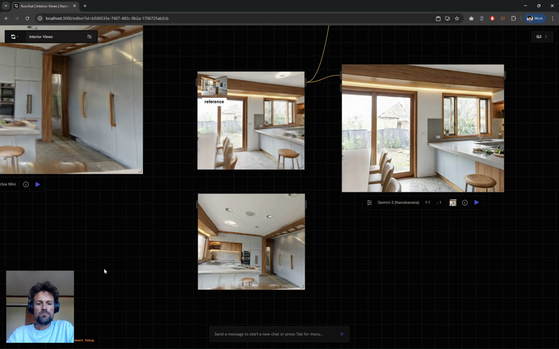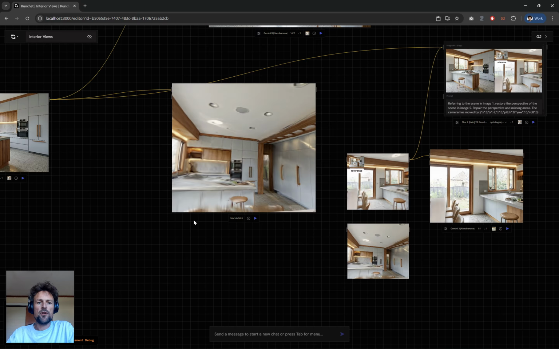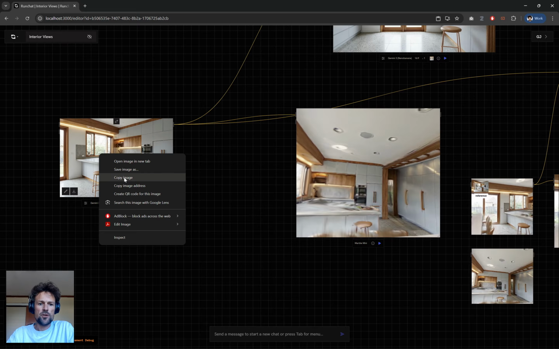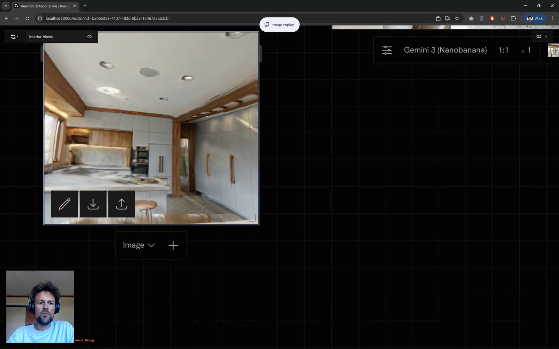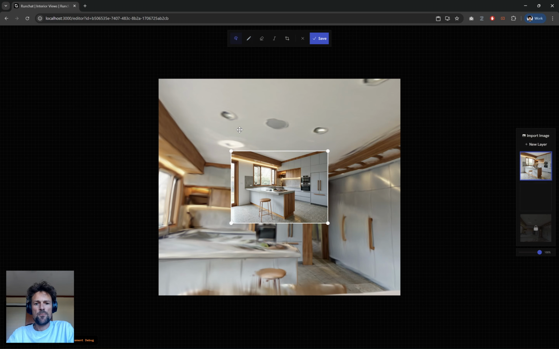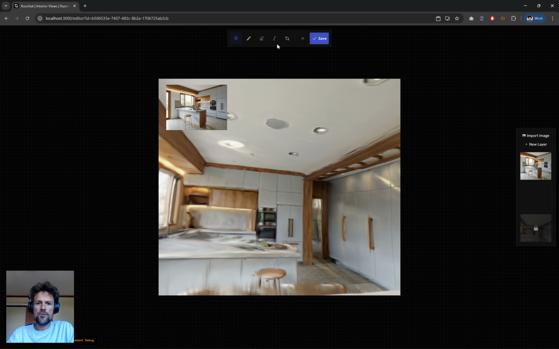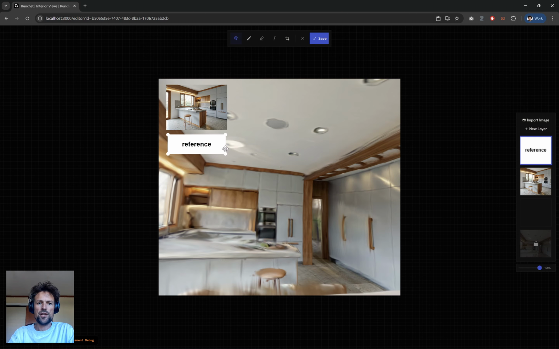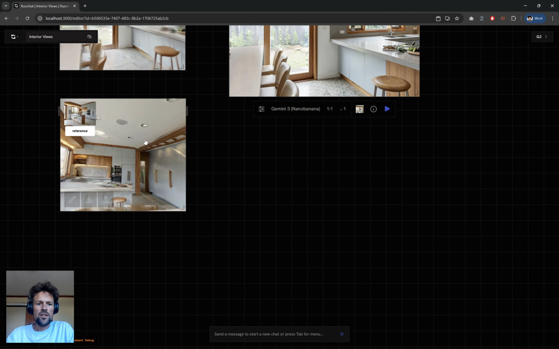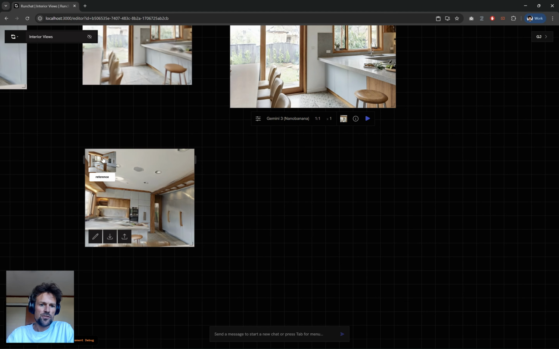The way that we're going to do this is we're going to copy our reference image. So just go up here and copy it. And then we double click our low res image and we're going to paste in the copy. And we can shrink that down, put it in the corner, and we'll even just annotate this so that we know, or the Gemini knows, that's our reference. Now that we've got one image here as well as a reference, just to show it what the materiality of that space should be like,